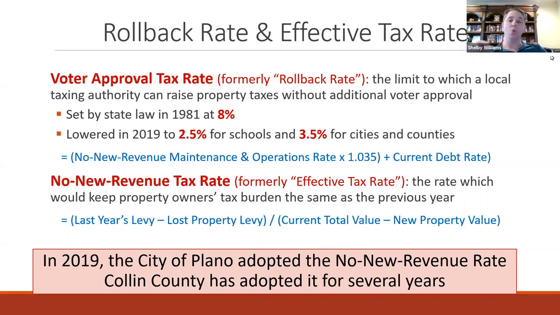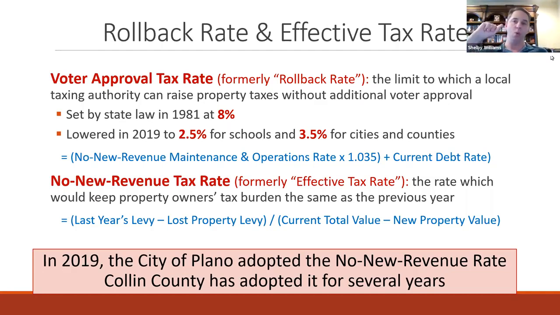Now, the no new revenue rate, this is what we adopted in the city of Plano last year for the first time in 24 years. But the county of Collin has been doing this for several years. That is adjusting the tax rate to keep your actual taxes flat one year over the next, regardless of what happens to aggregate property values. But, important disclaimer, because it's an aggregate calculation over the entire territory, the county or the city or whatever jurisdiction we're talking about,